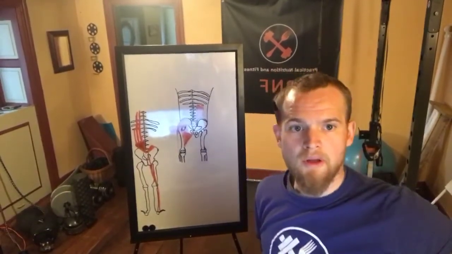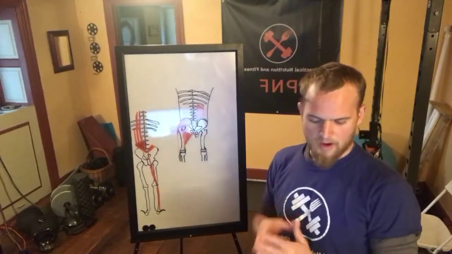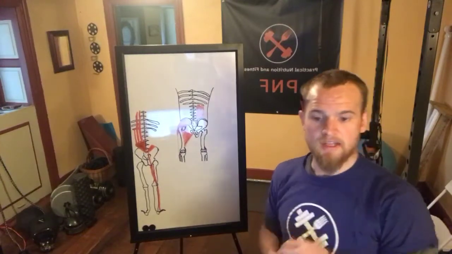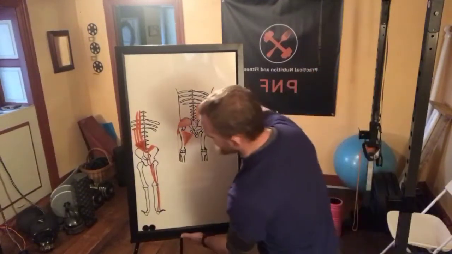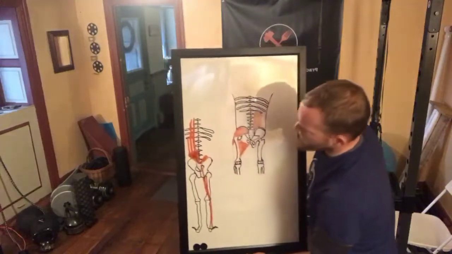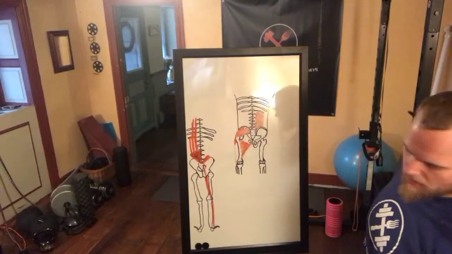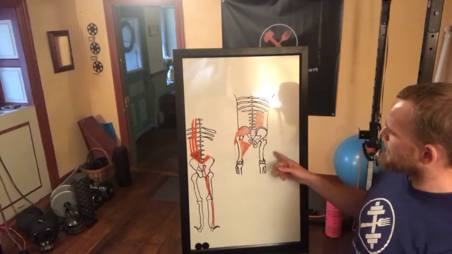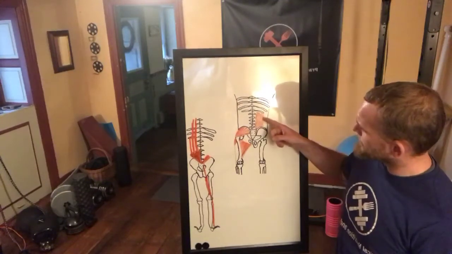We're going to talk about different things that are interacting in the subsystems, and then we're going to go through some exercises and address those two areas. So what we have here is our lateral subsystem. That's going to be this one on the left, and what we have is our QL, or quadratus